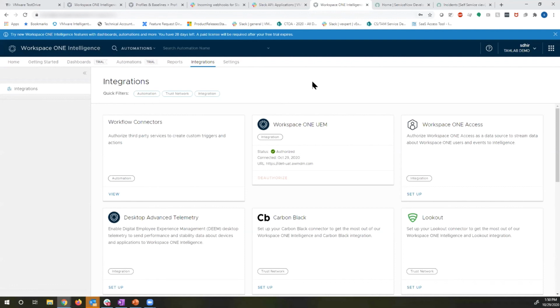So if they just want to play around and see what the product look and feel is, Intelligence does have a 30-day trial. As you can see, I am in one right now. If you enable the trial, it gives you the dashboards and the automations and integrations as part of that, which is otherwise paid. So I think that is a good starting point to get a feel of what's available,